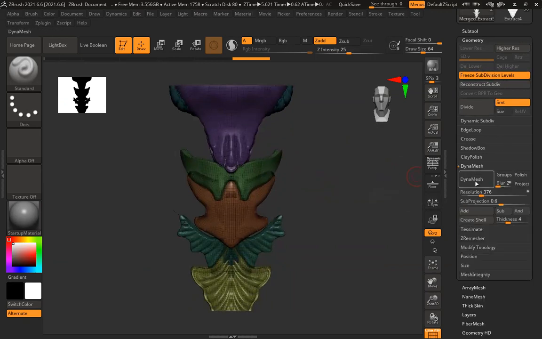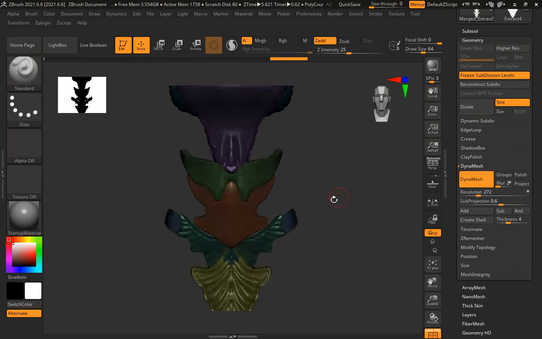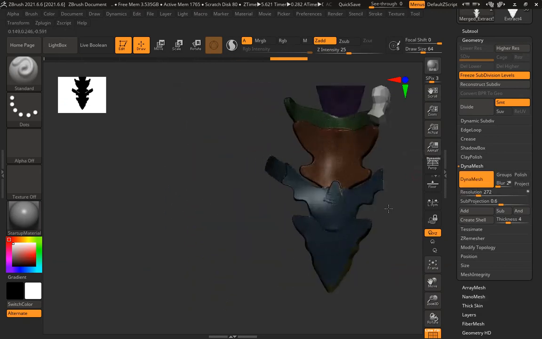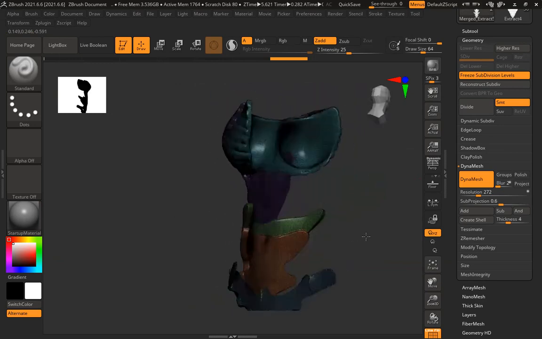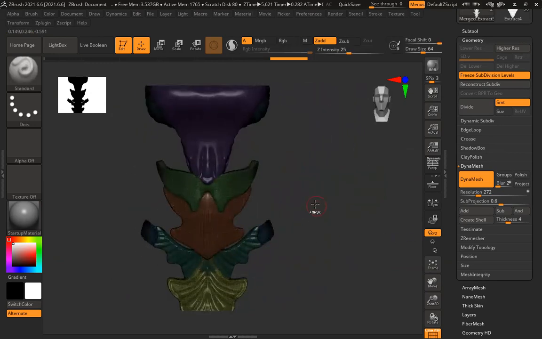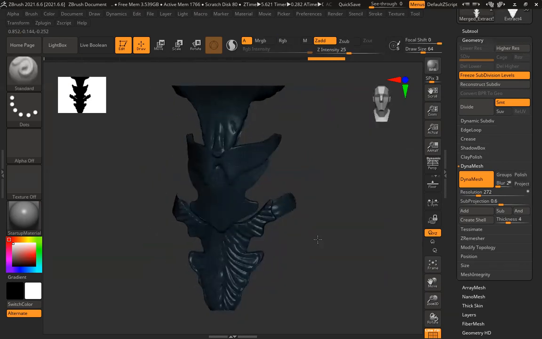Now I'll go to Dynamesh and maybe a little less. Yeah, so you can see everything is combined now. And it's a solid geometry. Control W, everything is one polygroup. Right? From where it came?